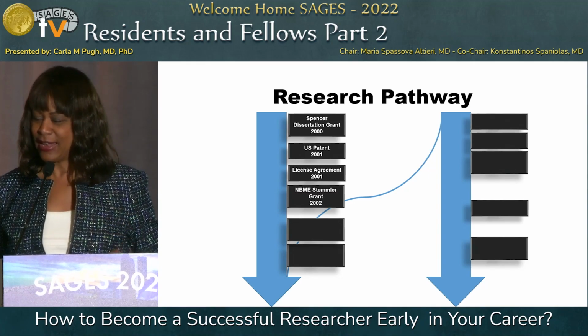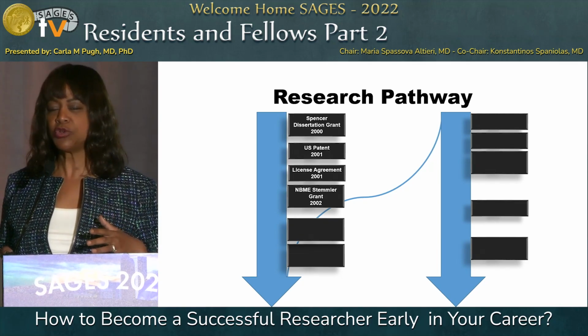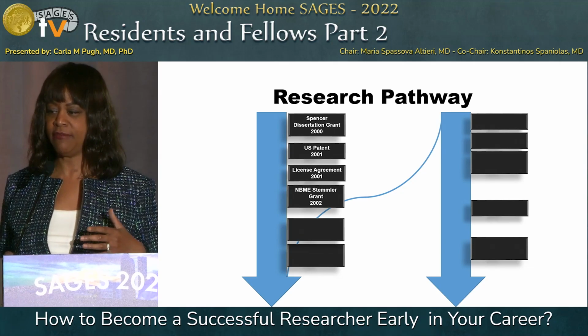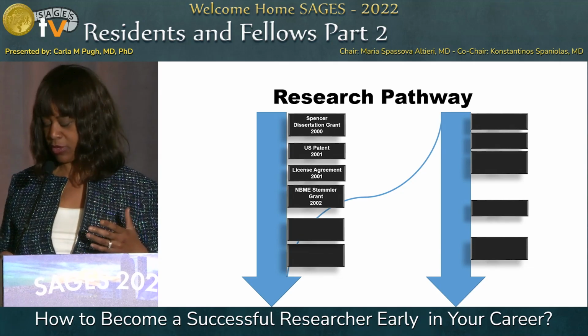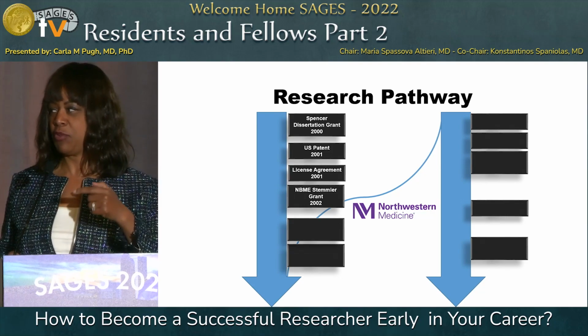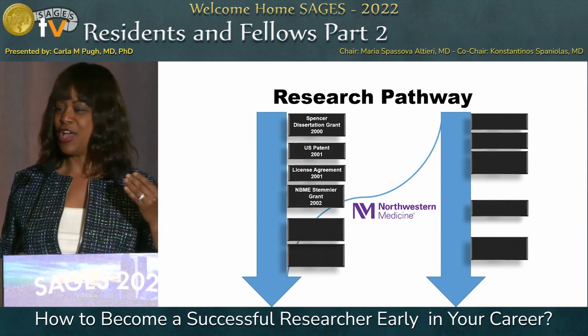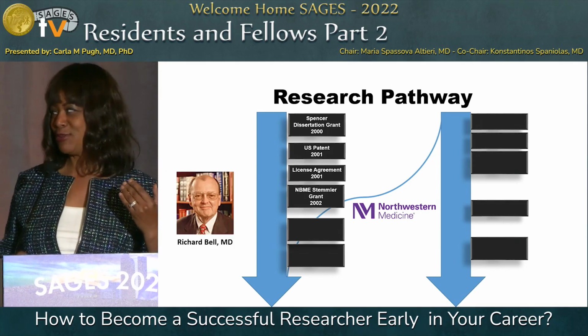Other thing here, and maybe I should put my glasses on because I can't see now. My first national grant was from the National Board of Medical Examiners, and this was really cool. The cool thing about it was I was able to take that grant with me. It was a 2-year grant. I was able to take it with me to my first faculty position, which helped in terms of protected time,